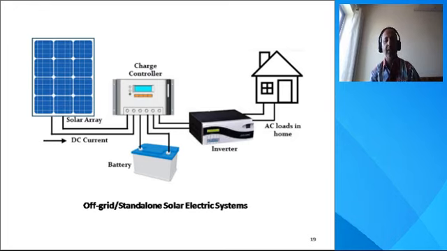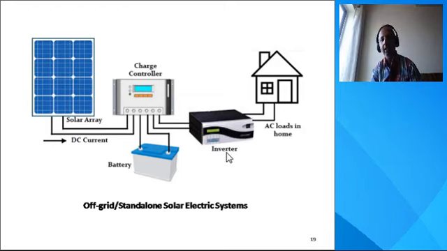This is a type of solar electricity system. Basically, this is off-grid type or stand-alone type, in which we can see here a solar array is there, which is generating the DC current, and this DC current is charging this battery with the help of a charge controller circuit, and then the inverter is connected, because this DC is converted into the AC with the help of inversion procedure,